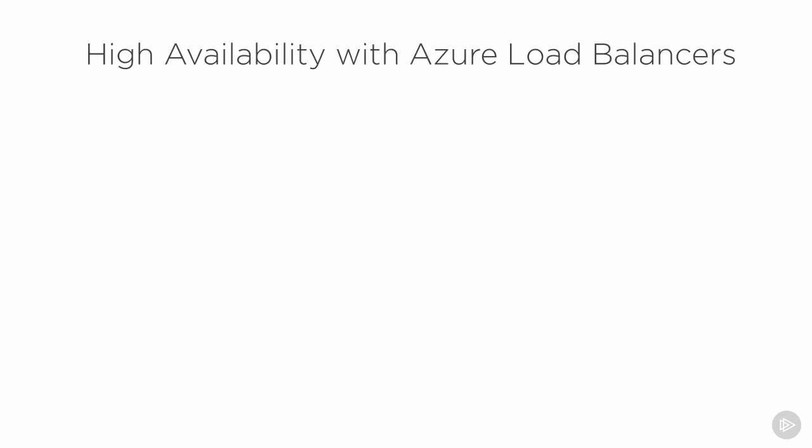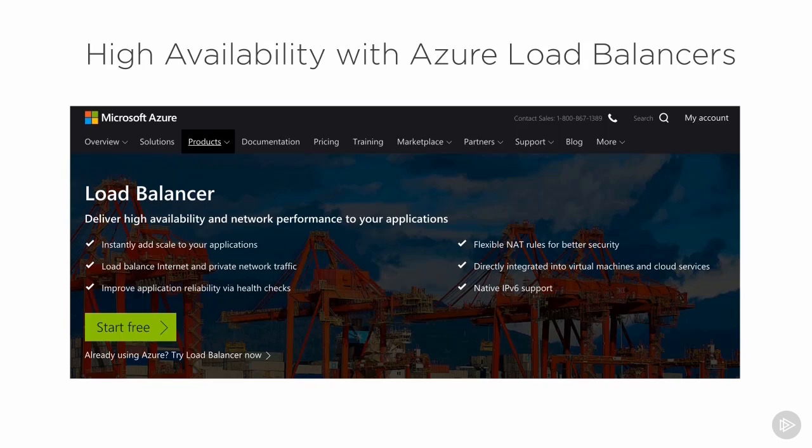Building highly available application architectures in Azure is made very simple when you're utilizing things like the Azure Load Balancer. It's really easy to set up, very straightforward, and a great way to add high availability into one or more tiers of your application. One of the main resources we're going to focus on throughout this module is the Azure Load Balancer, a piece of infrastructure that you can use to load balance resources in a single Azure region. You can use load balancing across availability zones, but you're going to be working in a single region with